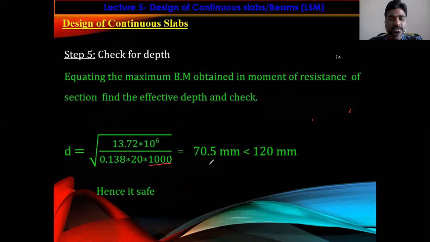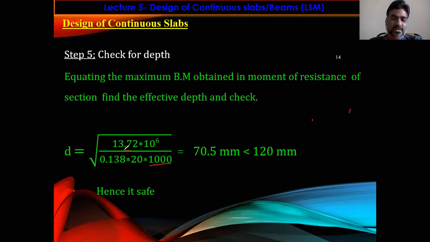So if you substitute, d required is unknown. Remember, don't substitute whatever d we have assumed in the first case. Here you need to determine the d required to resist this much of load, right? So we got it as 70.5 mm, and then you need to compare it. So this is d required, and what is d provided, right? Your d required should be less than d